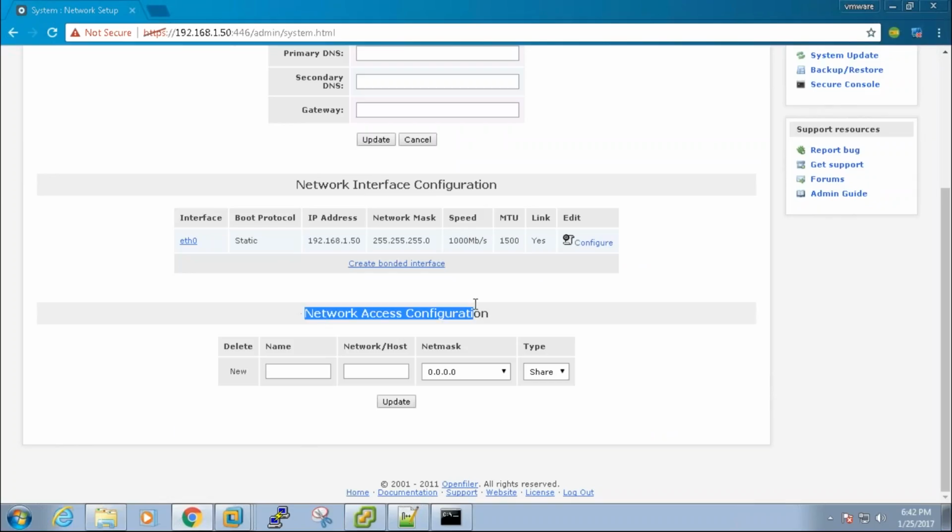So network access configuration is something that you need to give the ESX host or ESX network, 192.168.1.0. We are allowing the whole subnet.